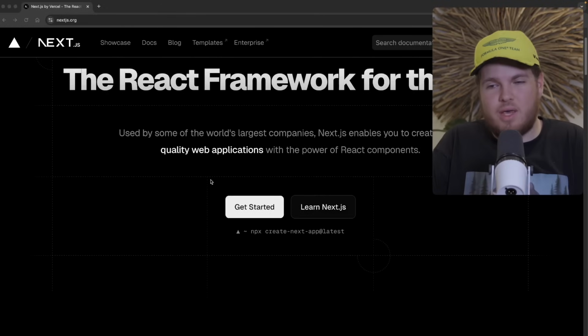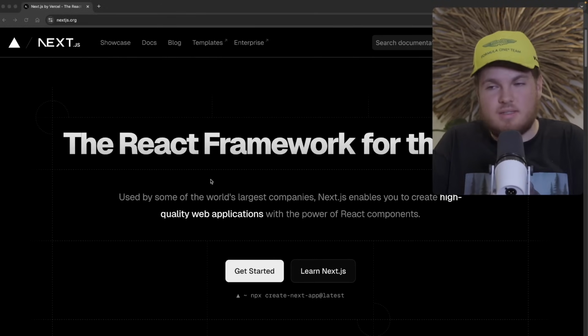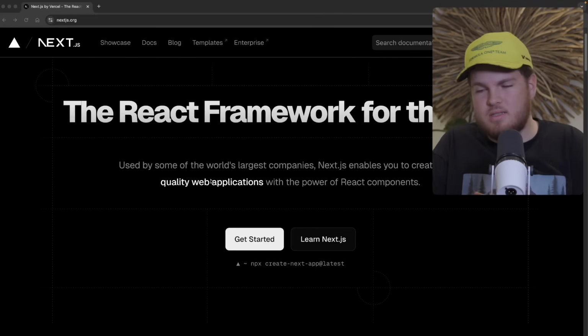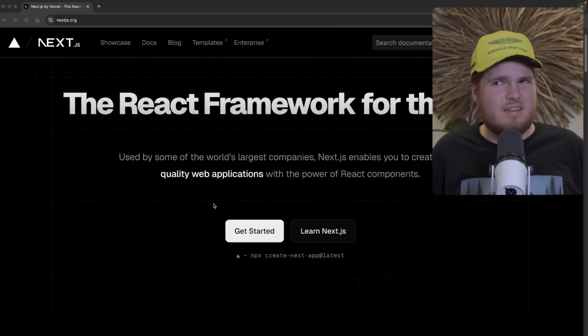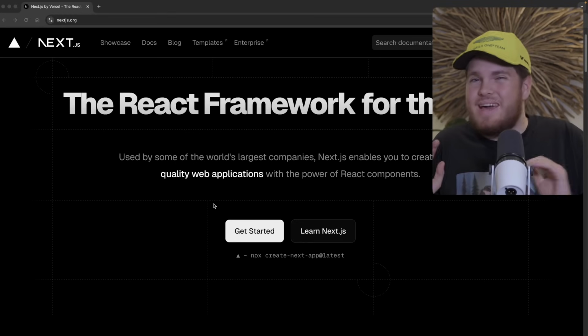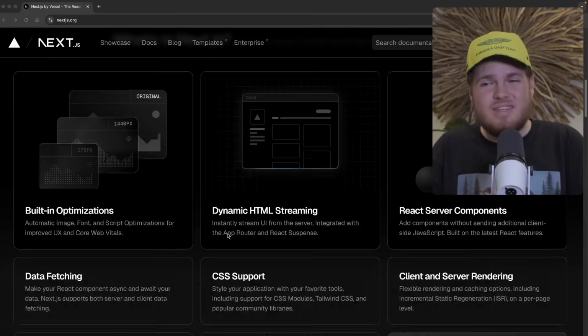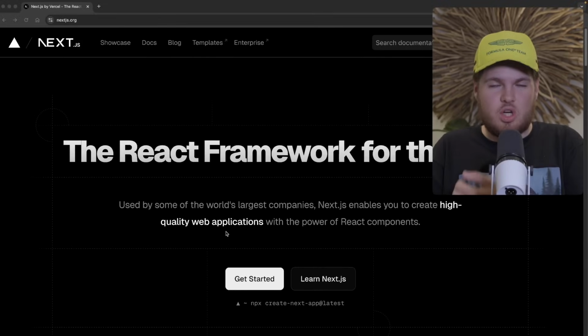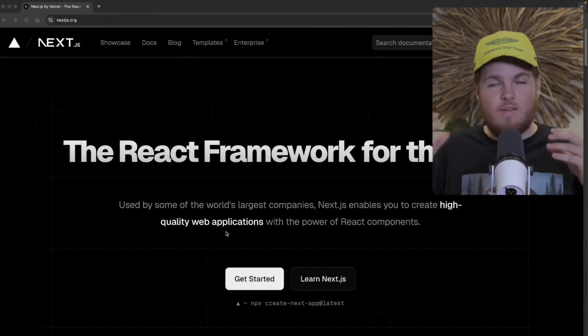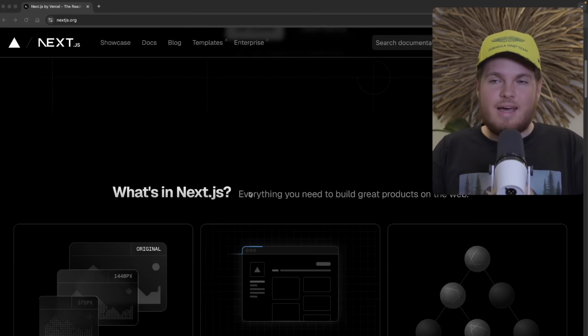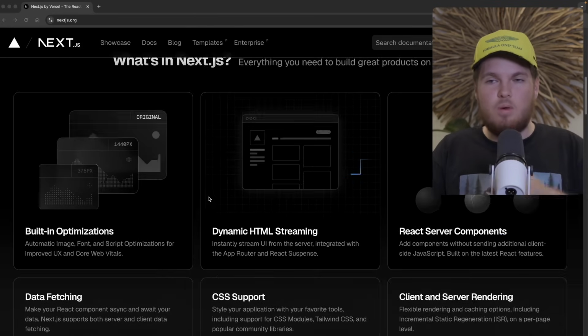But the problem with React is we don't get any helpers. We don't get any batteries included. Metadata? It's kinda hard. Server rendering? Yeah, probably not. There are a lot of things which are quite hard, and Next.js takes all of the benefits of React and makes them even better, because at the end of the day, Next.js includes very cool benefits like